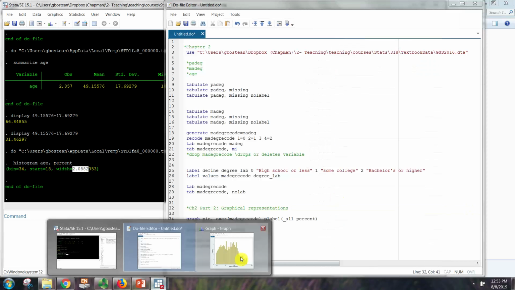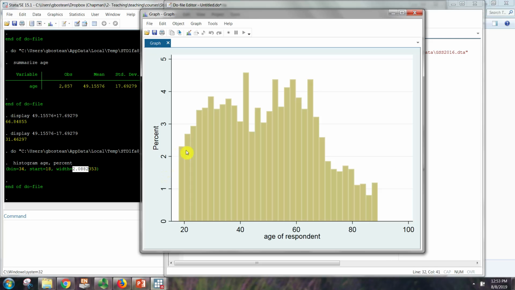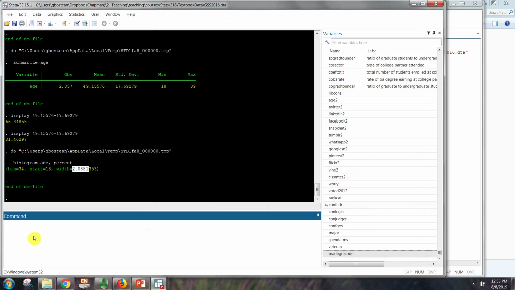So we have approximately 2-year intervals here. And then we see approximately 2.5% of our data fall between 18 and 20 years old. Between 20 and 22 years old, we have almost 30%, and so on. We can get this same information by tabulating age,